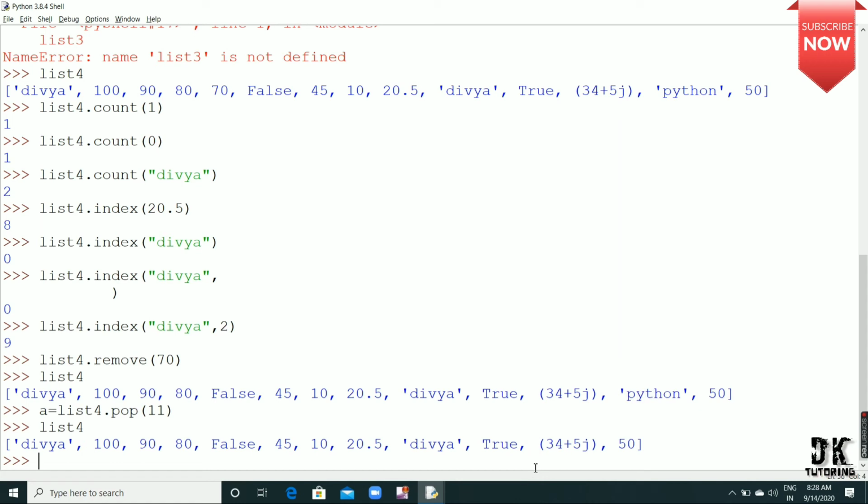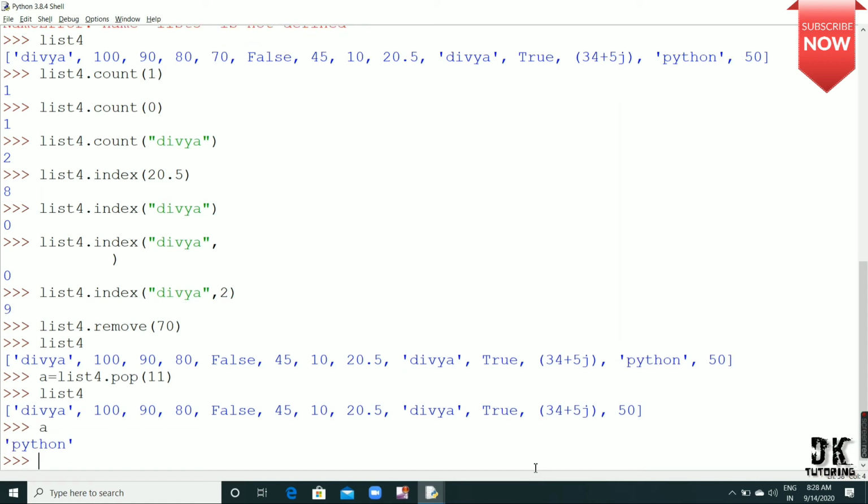So Python is removed here, and if I print A here, you can see Python will be stored in this A variable. Okay, similarly if I want to remove this 80 from this list, so count the index of 80 here. This is 0, this is first, second, third. So index of 80 is 3.